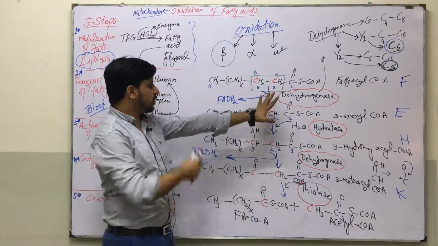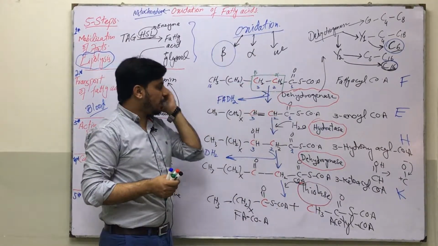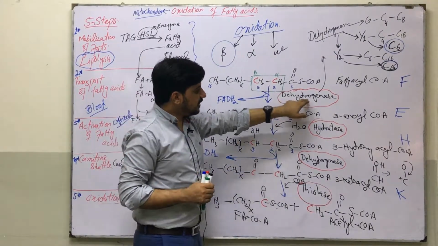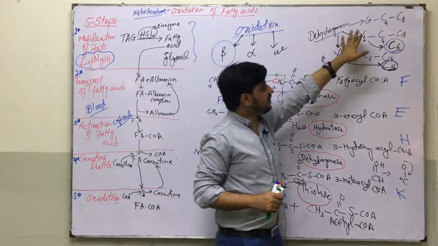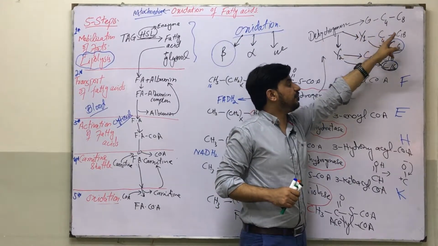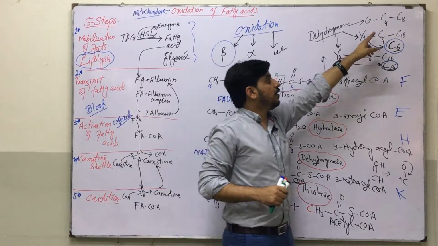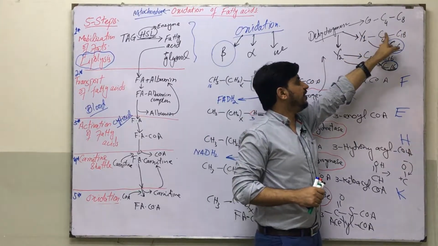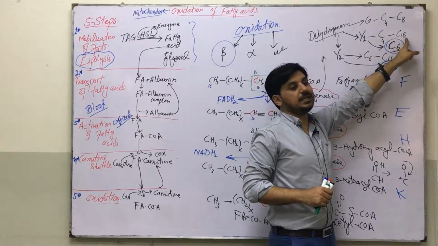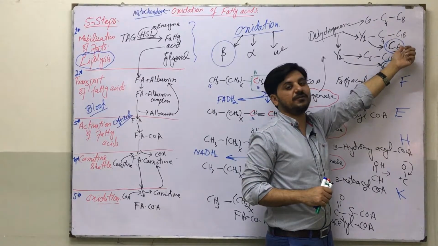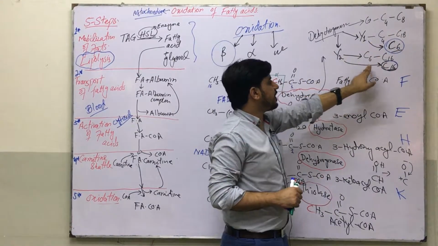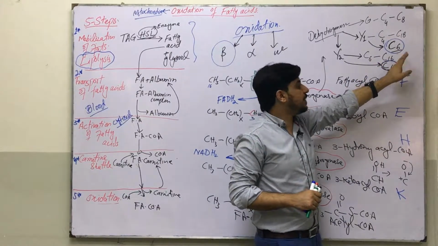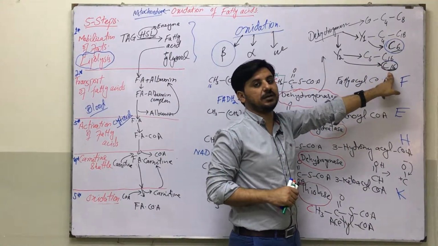Is that clear? This was the beta oxidation. And in the beta oxidation, we have 3 types of the dehydrogenases: G, which is green colored and specific for fatty acids having 4 to 8 carbons; Y1, which is specific for fatty acids having 4 to 18 carbons and more specific for 6 carbon fatty acids; and Y2, which is specific for 6 to 16 carbon fatty acids and more specific to the 16 carbon fatty acid.